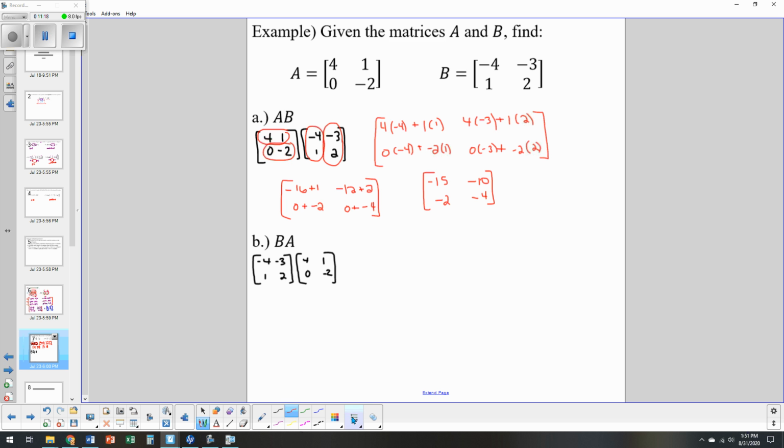All right. Actually, let's do a different color. So again, rows in the first one, columns in the second. So when we start this out, negative 4 times 4 plus negative 3 times 0, negative 4 times 1 plus negative 3 times negative 2,